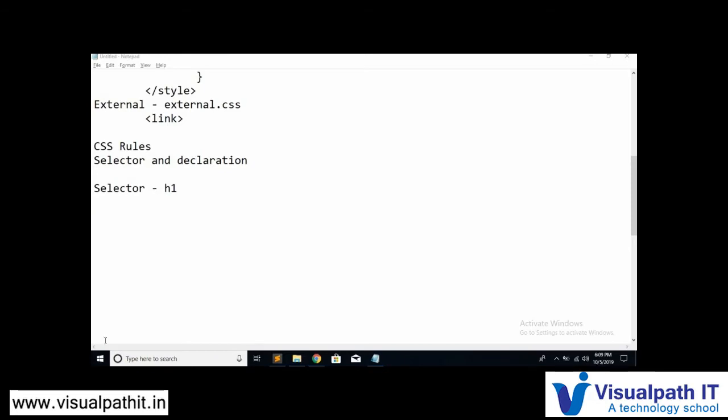Okay, now let's talk about the topic CSS selectors. The CSS selectors are used to find or select the HTML element you want to style. The CSS selectors are further divided into 5 categories. The first one is the simple selectors. Okay, and the second one is the combinator selectors. The third one is the pseudo class selectors.